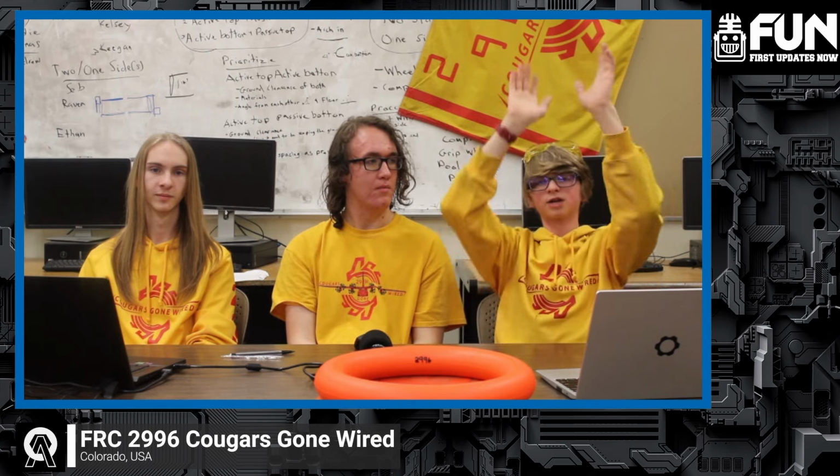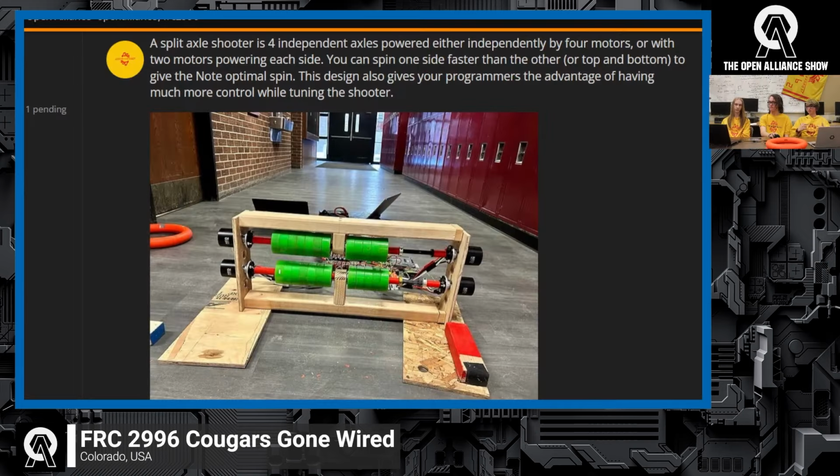So it'll fly and then just kind of lose control or drop to the ground. So we quickly switched from testing horizontal and top-bottom to testing how to add spin to a top-bottom setup. So we tested slanted axle, inspired by Team 95. We tested split axle, and that's what our current design is based around, is having 4 independently driven motors, or